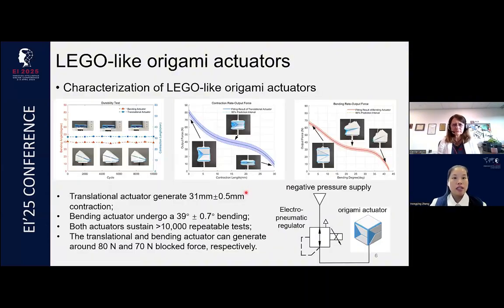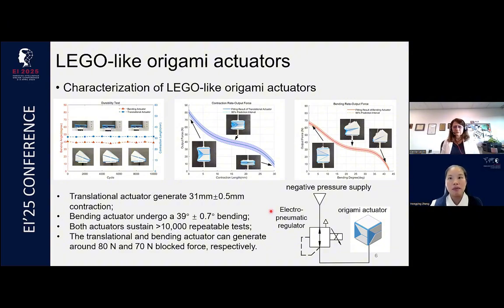And now let's look at a quick characterization of all these actuators. For all of them, we tested one bending and one contraction. Both can sustain more than 10,000 repeatable tests, which is pretty amazing among soft actuators. Their hysteresis is also very small, and they can sustain a large payload, more than 70 Newton force. That's why we believe these Lego-like origami actuators can really be used to build a